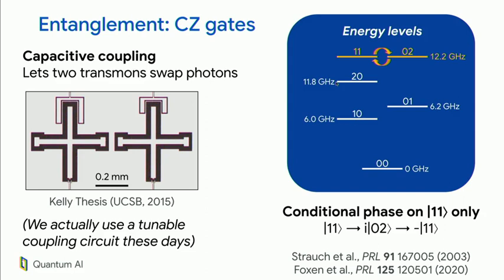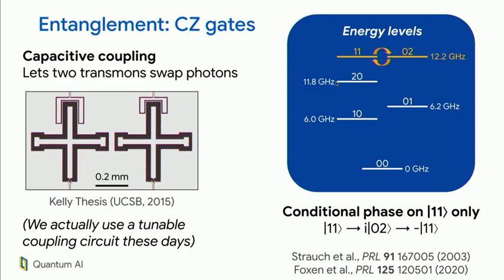Now, the way that we do our single qubit gates is we just drive some microwave frequency at the frequency of the qubit. And our 2 qubit gates are done by basically allowing two transmons to swap photons. So that's not shown here, but we capacitively couple two transmons to a tunable coupling circuit, so another tunable transmon. And we bring this 1-1 state on resonance with a 0-2 state, and we allow these photons to swap. And as we process around back to the 1-1 state, we impart a -1 phase, and that gives us our